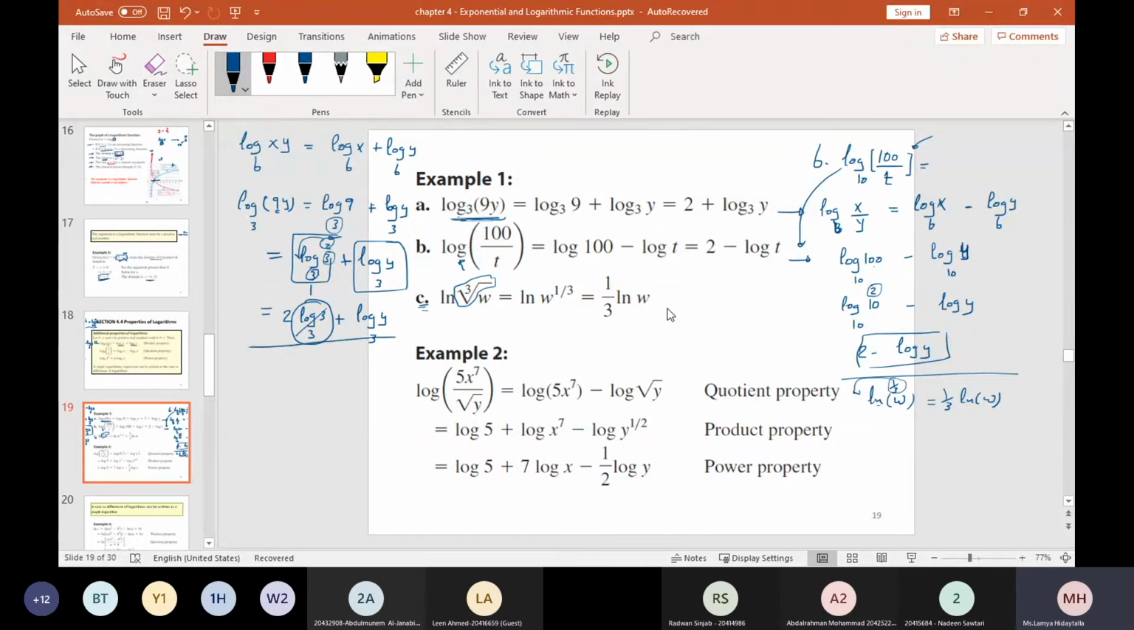Then the second example, example number 2: log 5 x to the power 7 over y times the square root of y. So this is equal to a logarithm of